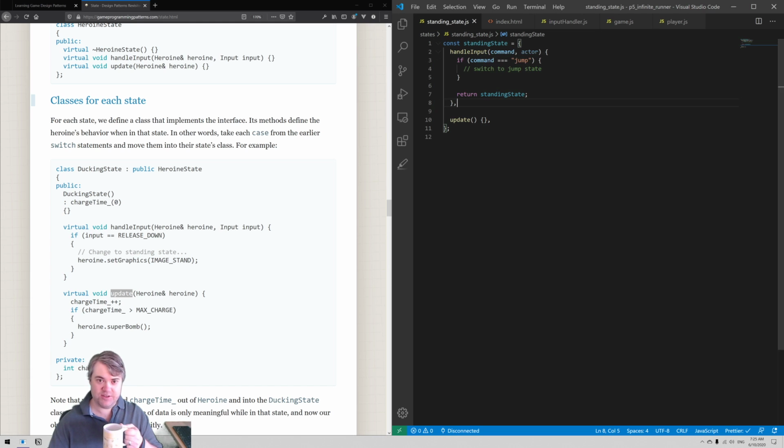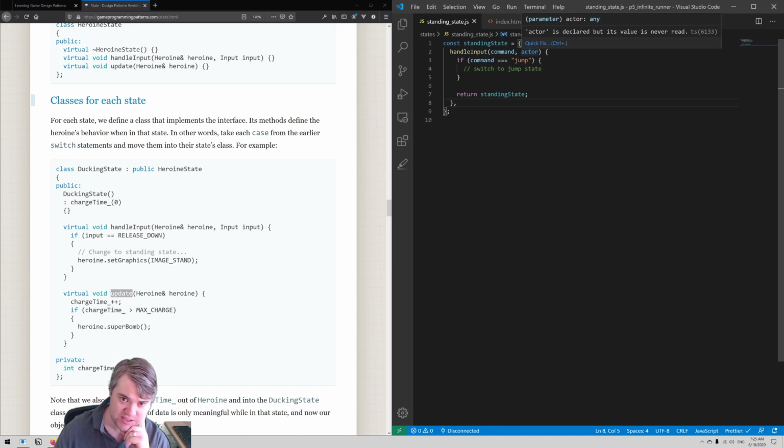This is going to return a reference to this entire object. This object doesn't really change. It's just holding this state. And there's nothing that we're doing in update here, so I don't even need an update. Okay, so if I do this, do I return a standing state, or do I tell the actor what state it's going to be in? Because I think,